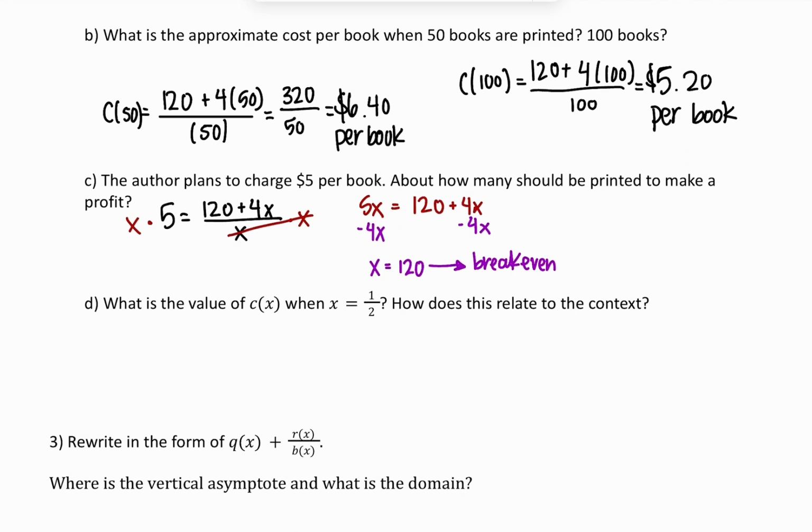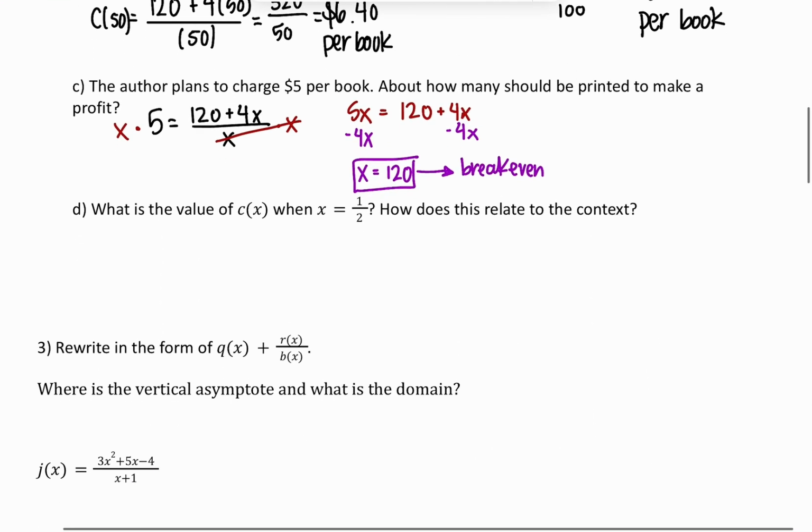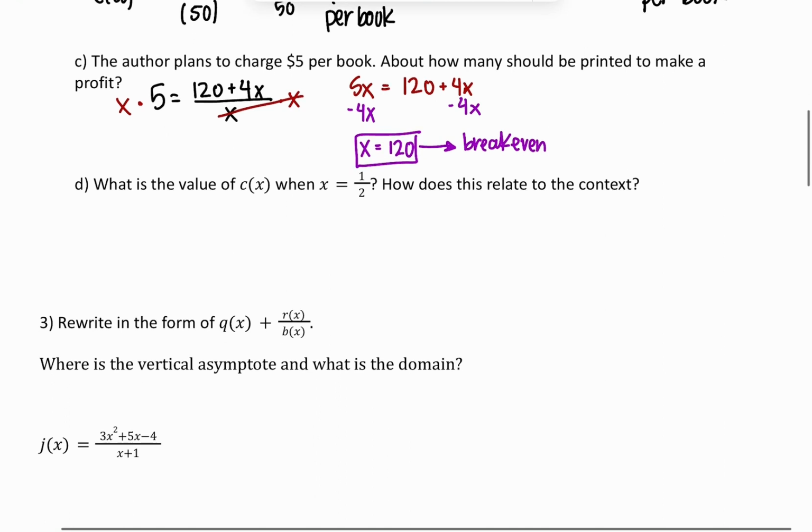And so this is kind of just up in the interpretation. The author should print more than 120 books. But x equals 120 is the answer for being able to charge $5. And then the value of x equals 1/2 in this case, that means that we're printing half a book,